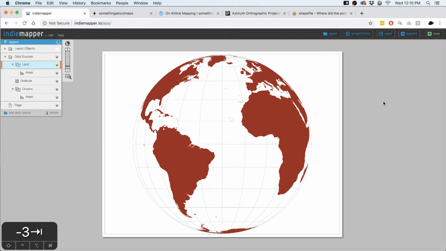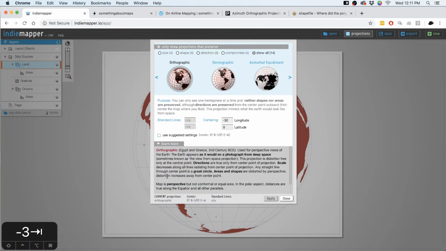So it's a little bit of messing around to find where you want to center this thing. It gives a good view, and sometimes what I've done is I've actually taken a physical globe and held it up in front of my face, until I have the right perspective and the right view that I want, and then just figured out what latitude and longitude is roughly in the center of my eye right now while I look at that.